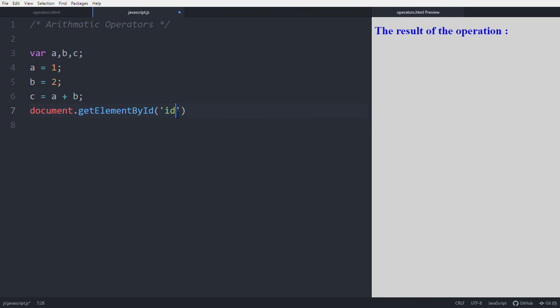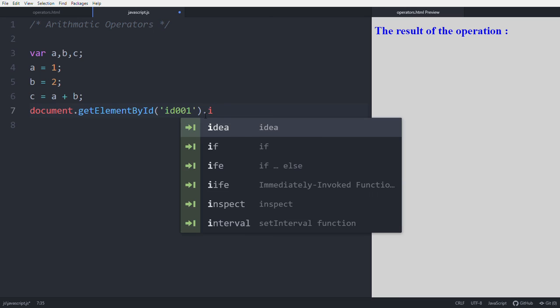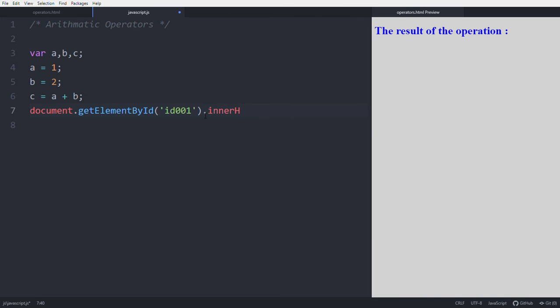The ID value is ID 001. To write in the ID with the innerHTML equal to C. Then save the file. See, the result of the operation is 3 now. C equal to 1 plus 2 is 3. 3 is assigned to the C. So this is the addition.